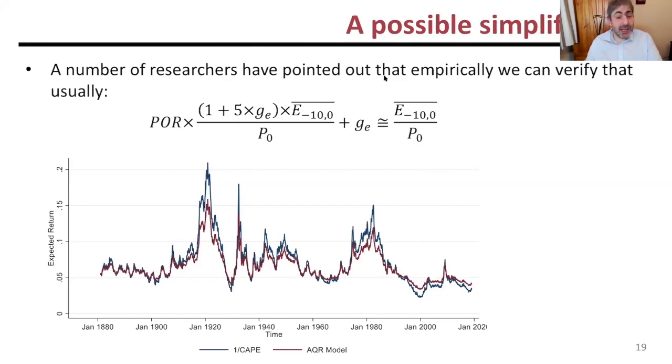There is another way to calculate the expected return given this model that is simply to take the inverse of CAPE. If you take the inverse of CAPE, so you just take the average earnings of the last 10 years divided by price, the simple inverse of CAPE,